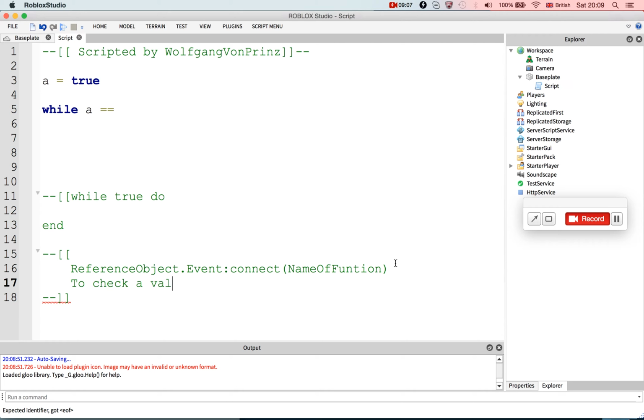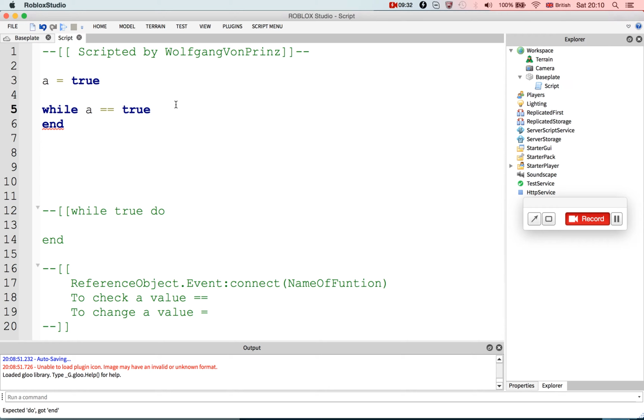To check a value, I'm going to put that. To change a value, I recommend you write this down. To change a value. Okay. So while a is equal to true,